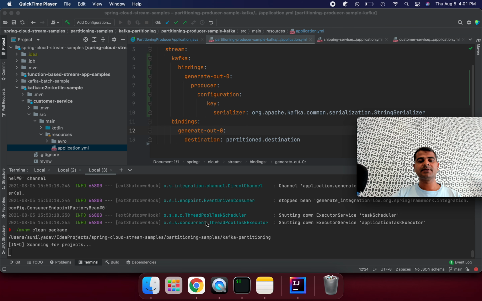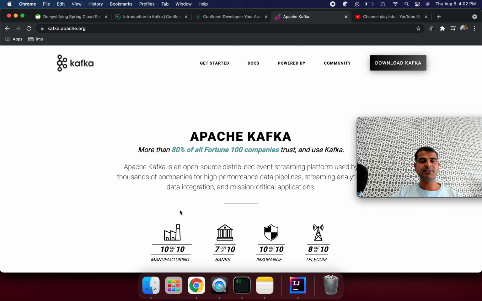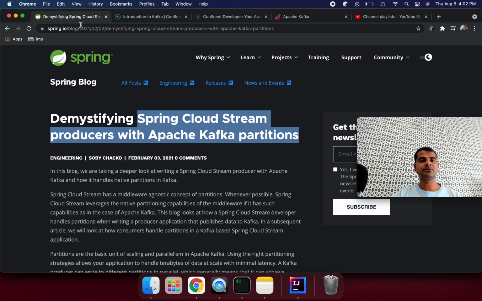Once this build is done, you will see I'm able to start the producer again, because in that case the producer is going to use the string serialization, org.apache.kafka.common.serialization.StringSerializer, for the message key. While the build is taking time, I think a couple of minutes, please refer to this page and go through all the details. It's a really good article.